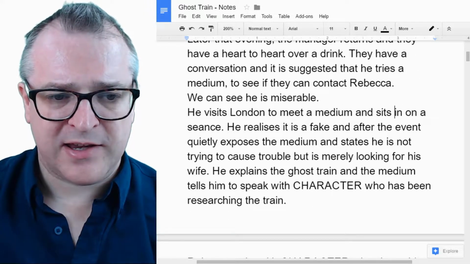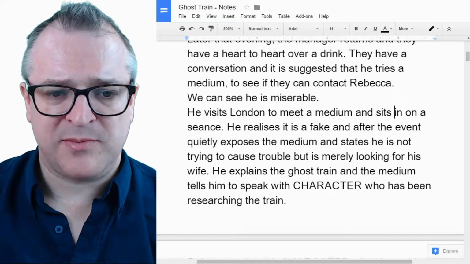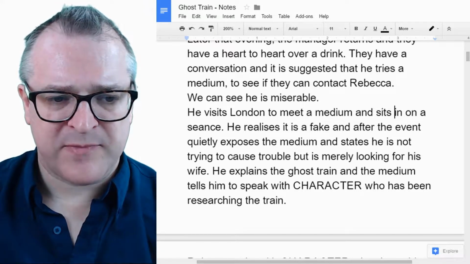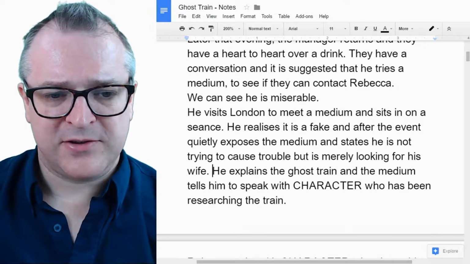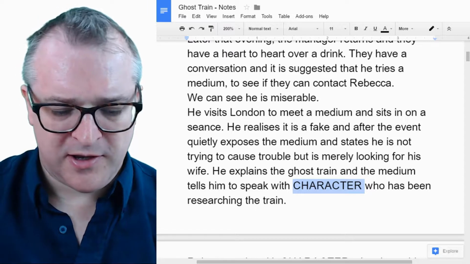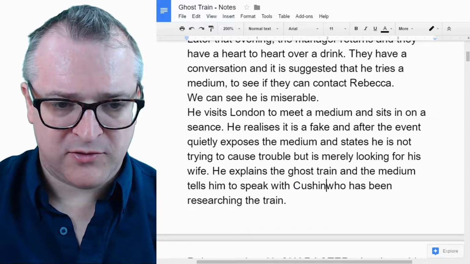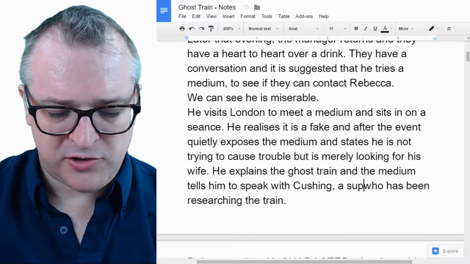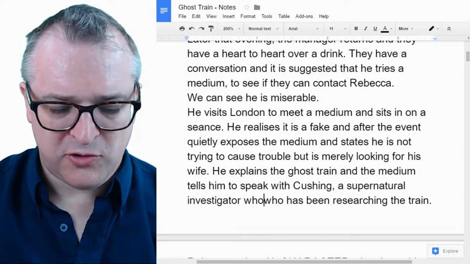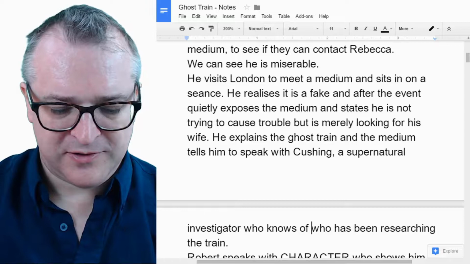He realises it's fake. After the event, he quietly exposes the medium and states he's not looking to cause trouble. He's just looking for his wife. He explains the ghost train. And the medium tells him to speak with Cushing, a supernatural investigator who knows of such things.